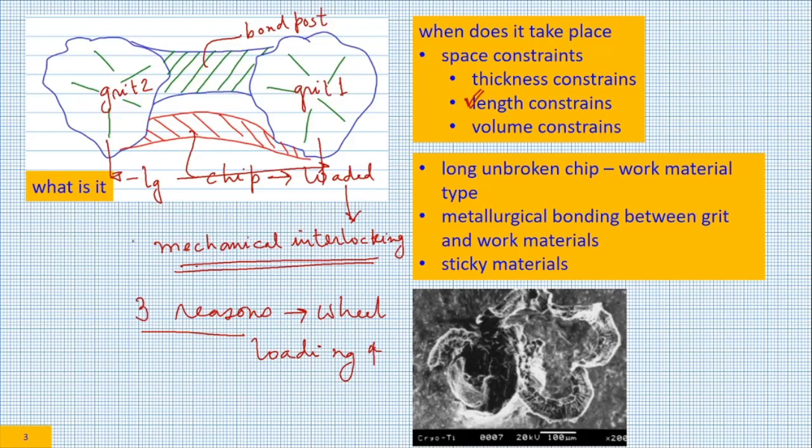Volume constraint. Your volume of the chip, please recall, we have calculated the volume of the chip by using this particular formula. That was the chip groove. The volume of the chip would be the same because on chip formation volume doesn't change. So this chip groove that we calculated earlier would be very useful now. If the volume of the chip is more than the volume of the intergrid space, then once again the probability of wheel loading will go up.